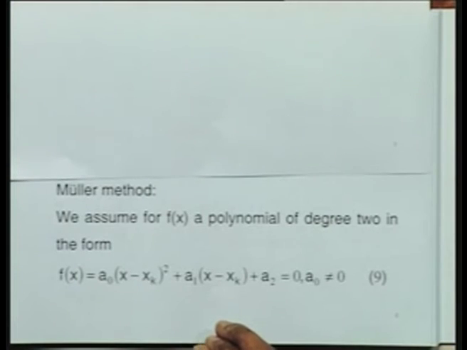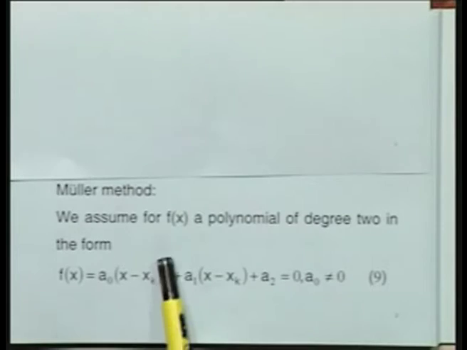However, in many practical problems, it may not be possible for us to find out the second derivative or even the first derivative. Therefore, in such circumstances, we need an alternative method wherein the evaluation of the derivatives may not be possible. So, in that direction we have what is known as the Muller's method, and the Muller method also uses the concept of approximating the exact root by a quadratic equation in the neighborhood of the root.